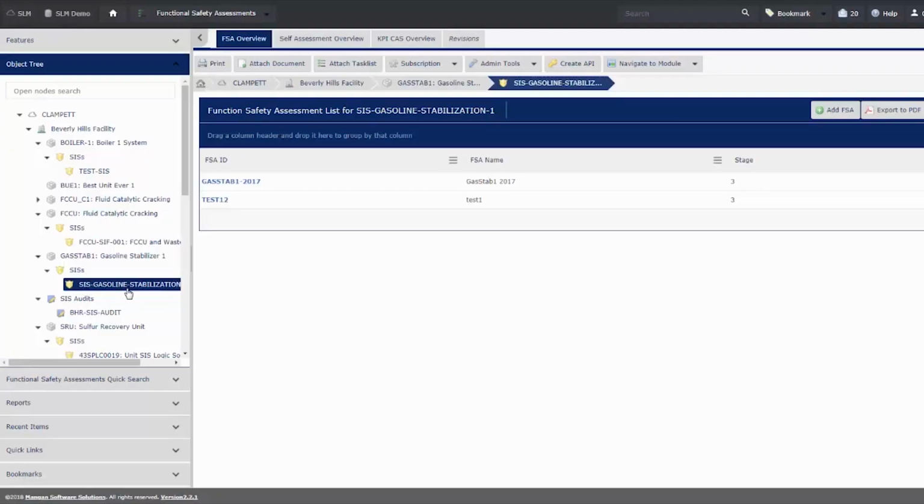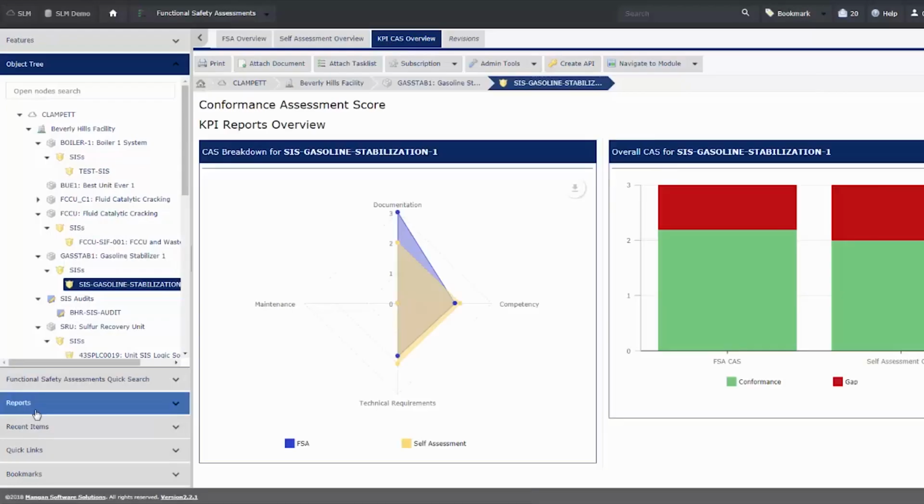For example, if we were to click on a SIS object and show the KPI CAS overview, this particular view shows the 4 categories: documentation, maintenance, technical requirements, and competency for the checklists. These are the 4 categories in which all checklist items will fall under, and this will show a comprehensive report comparing the self-assessment score with the FSA score on those checklists, respectively. Through these reports and KPIs, one can effectively show the results of the assessment and close any gaps found for a SIS from its inception to any modifications and ultimately to its